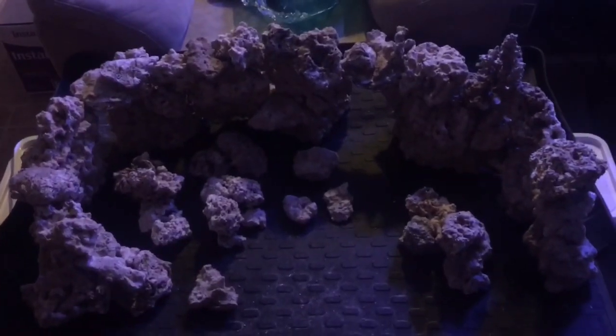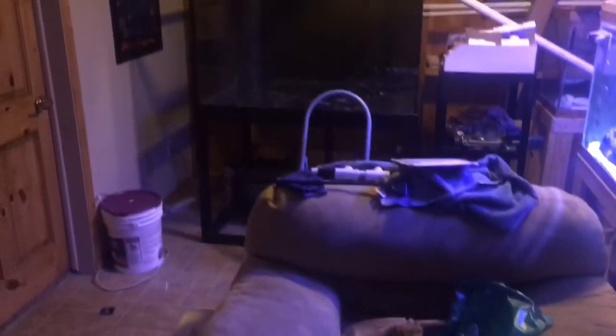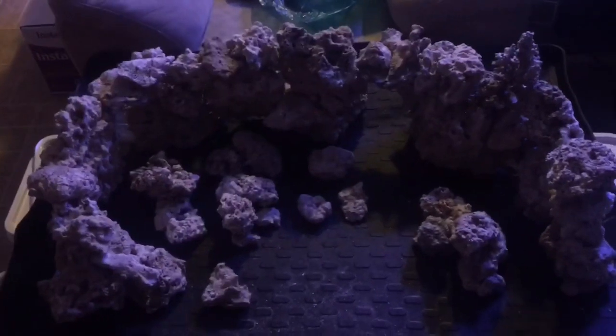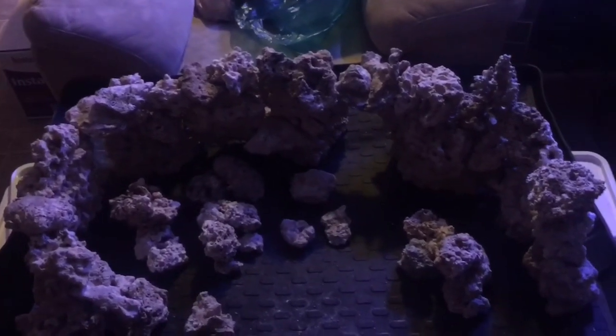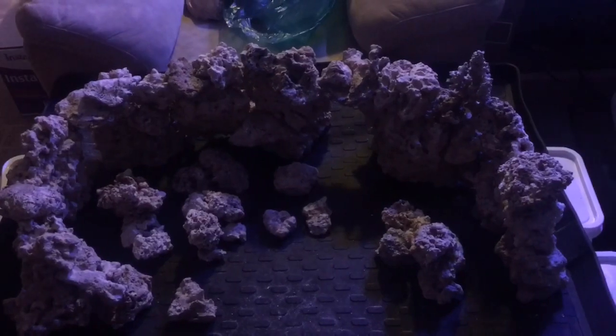So if all goes well, Wednesday I'll be doing the plumbing on that, and then once I do a test, probably on Thursday, and drain it, or maybe let it run for a couple of days, I'll start doing the scape. And so if you don't hear from me again,